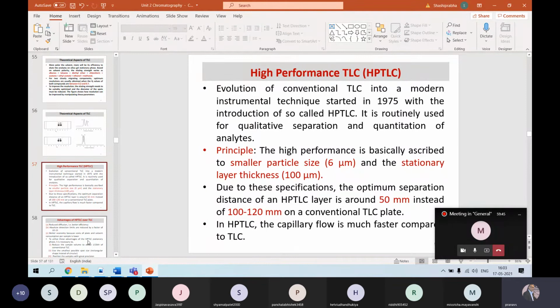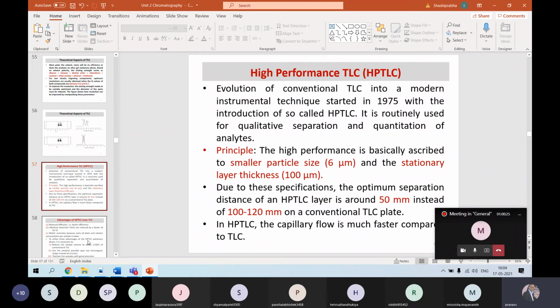What is the result of having a rectangular spot? See, diffusion in a spherical spot will occur in all 360 degrees. But when you give it a shape like a rectangle, it has 4 corners. So diffusion is controlled, or the spread is minimized, because you have 4 corners for that spot.